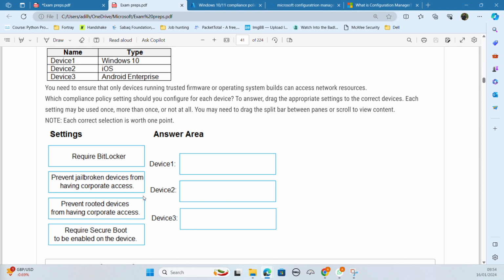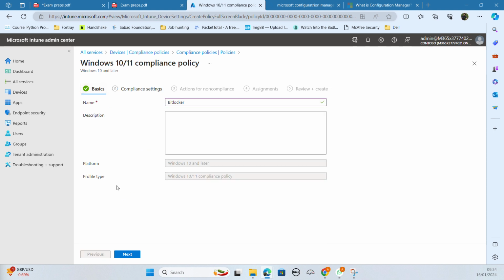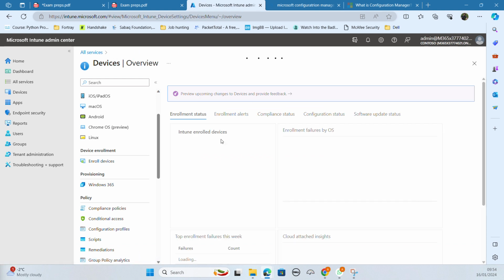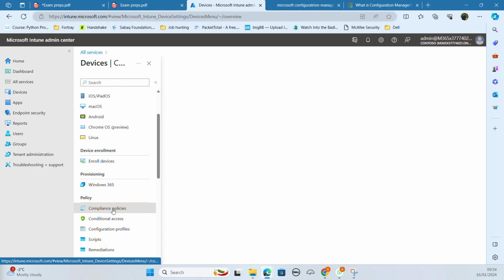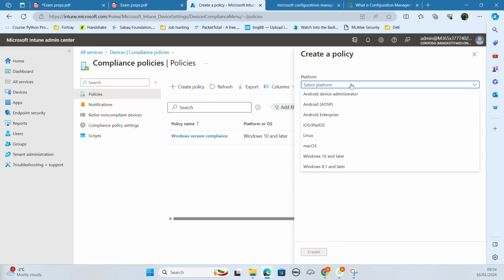Device 3 is Android. So where is the root option? Okay, prevent rooted devices from having corporate access. So you can configure these settings in device health. Now this one is for Windows, remember? Let's check if we can create a policy for compliance policies. Create a new policy, and now remember, Android